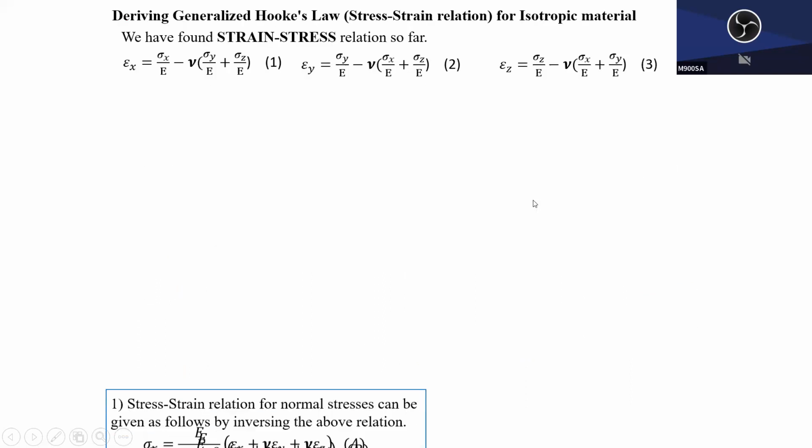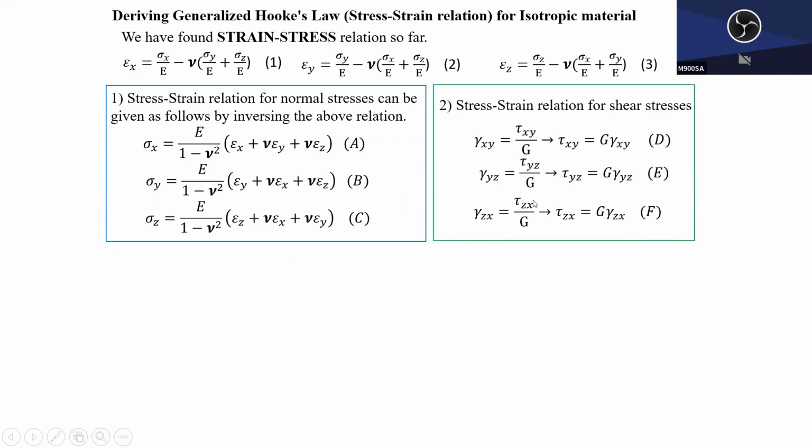Shear is actually very simple. Shear is simply applying the shear in each direction. You can set this up because shear has nothing to do with the normal stresses for the homogeneous case. So this can be done easily. This is an independent shear test, shear test, shear test. Then finally, we can get 6 equations. Sorry, 1, 2, 3, 3 equations. And here, 4, 5, 6.